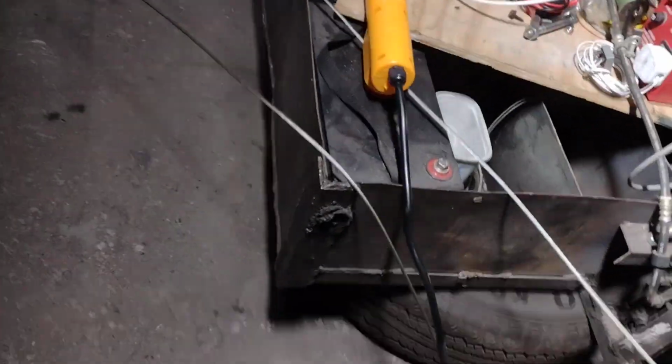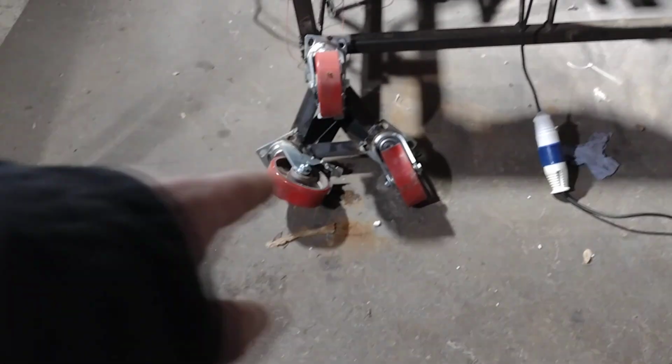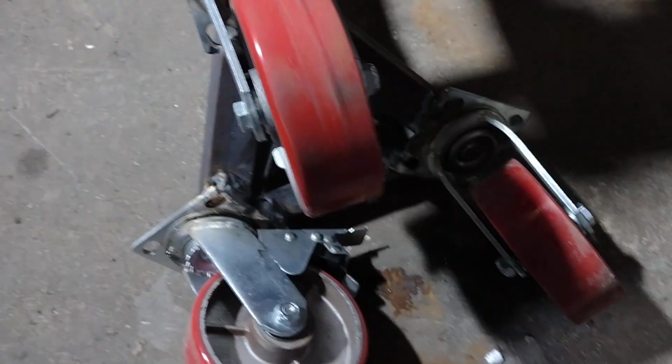Yeah, the thing that I thought was going to happen actually happened. Oh, well, obviously we need a redesign. Yeah, I think it's out, isn't it? You can see what's happened. The triangle part came to the wrong part and it got caught. Look, there's a bit of dirt on there or something. Yes. And so what happened is